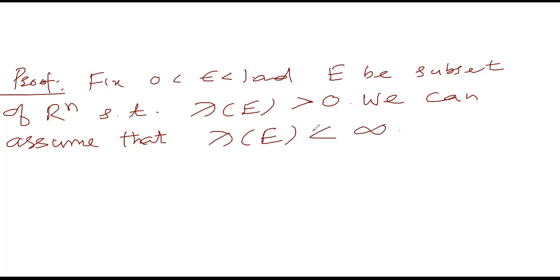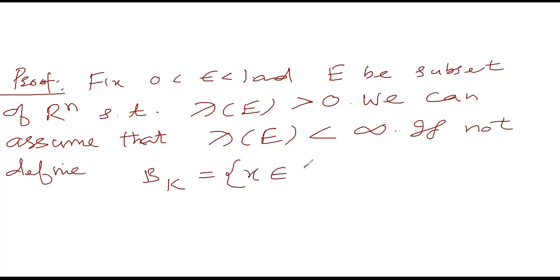If it's not finite, we can replace it by another subset of Rn having finite Lebesgue measure. So for this, if not, we define these sets. We define Bk, which is equal to the